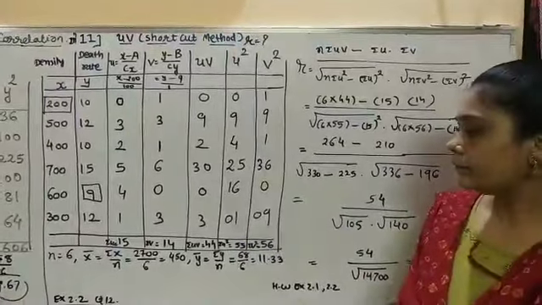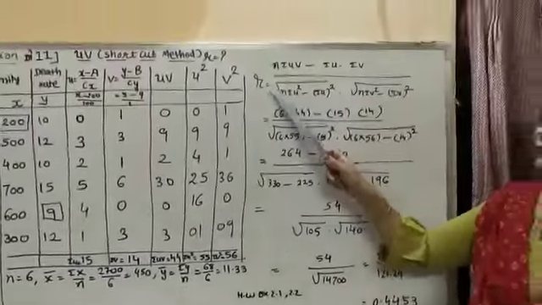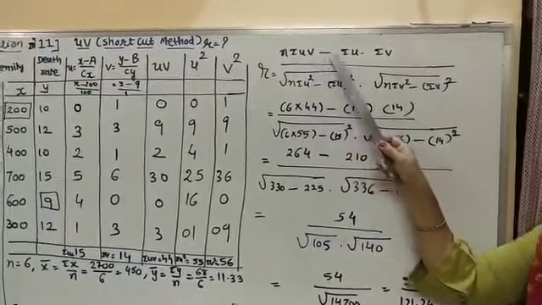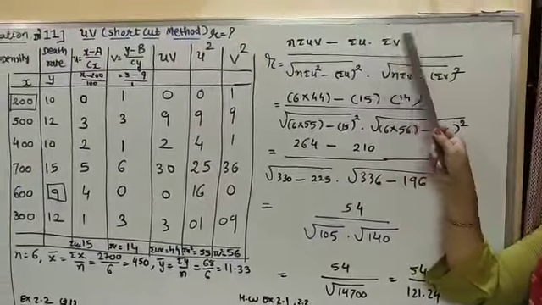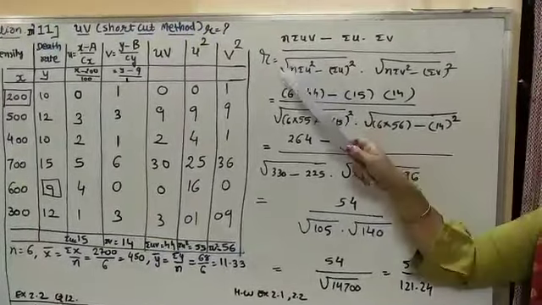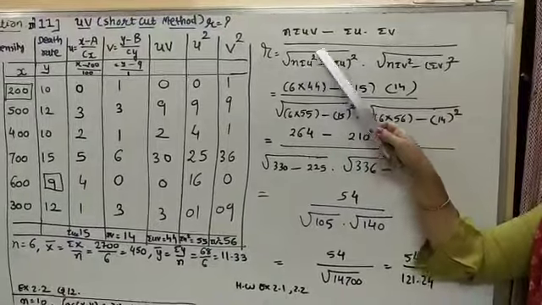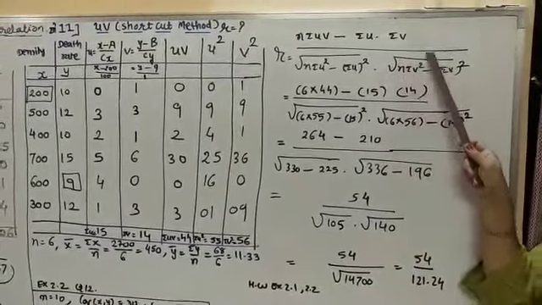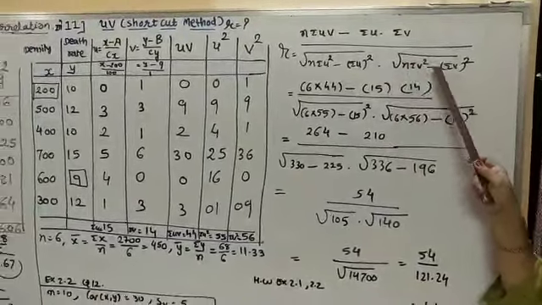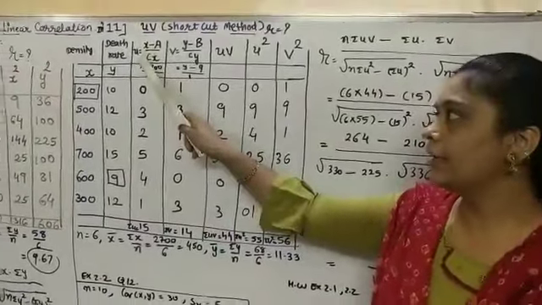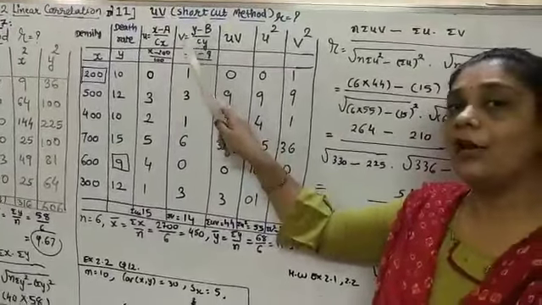Let's see that. Clear? Now here I have written this formula. Okay. r is equal to n sigma uv minus sigma u into sigma v, upon under root n sigma u square minus sigma u's whole square into n sigma v square minus sigma v's whole square. Write down this formula 5 times in your notebook. How to solve this sum? So I taught you, take u in the place of x, take v in the place of y.